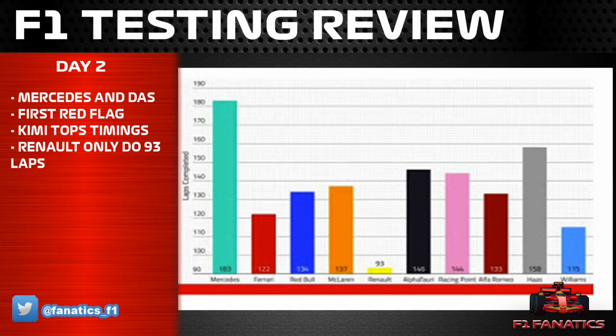So Mercedes again topped the charts with 183 laps between Lewis Hamilton and Valtteri Bottas. Renault were the only team not to complete 100 laps. They had their struggles on day 2. Romain Grosjean was the only guy out on track and did actually spin late on in the session and crash into the wall, but no serious damage, not bringing a red flag like Kimi did. But 158 for him, so really good data for Haas, and then pretty solid around about the 130s, 140s for